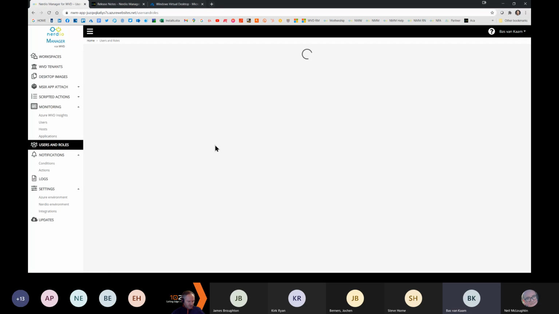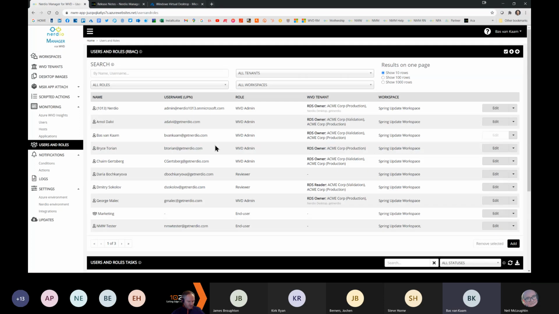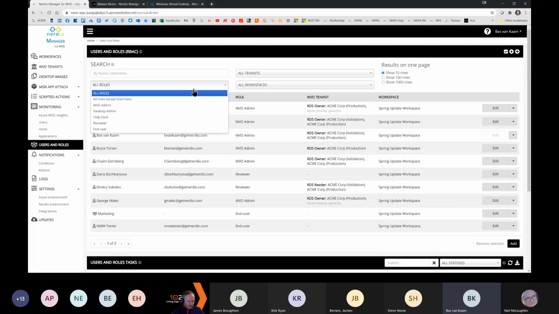We have users and roles. We have multiple role-based access. I think I highlighted this during the previous presentation as well. But if any user within Manager for WVD has a personal assigned desktop, together with the end user role as part of the role-based access that we have, then he or she will